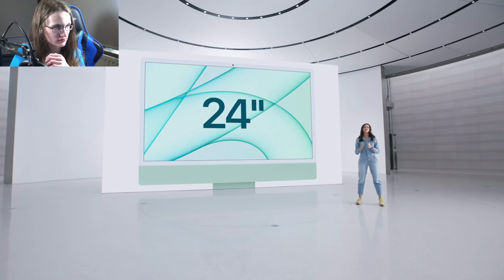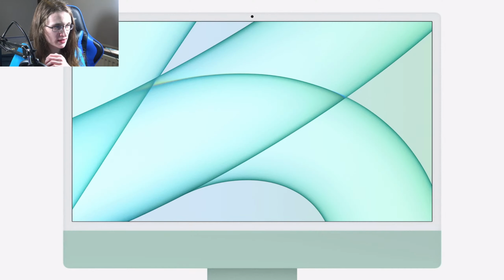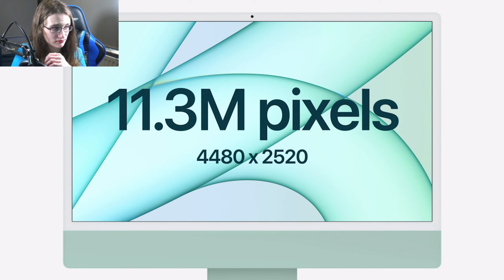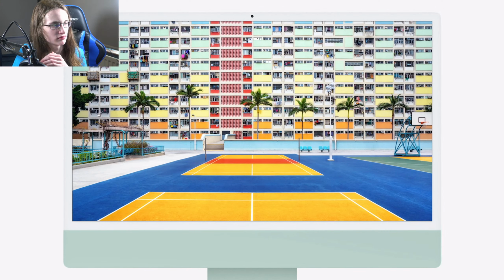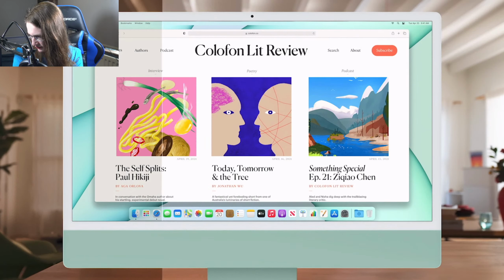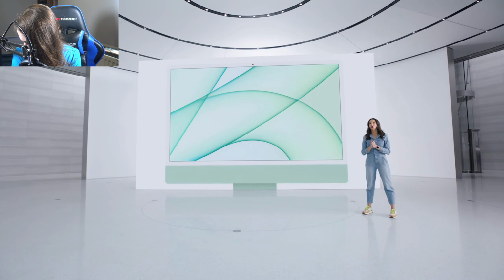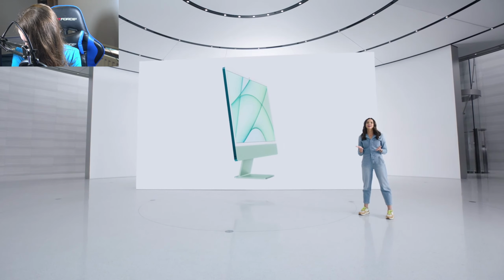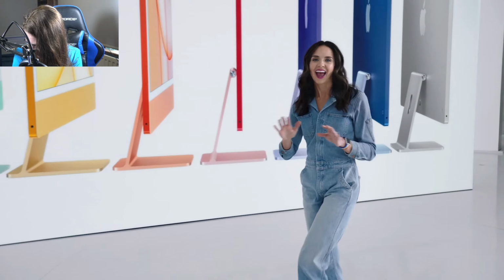By narrowing the borders, we fit the significantly bigger display in a design that's only slightly larger than the 21.5-inch iMac. Those bezels are kind of big, but it has nearly 11.3 million pixels in its 4.5K Retina display, so you can see your content in all its glorious detail. And with a P3 wide gamut and over 1 billion colors, plus 500 nits of brightness, every image is brilliant and vivid. It also has True Tone, which automatically adjusts the color temperature as your environment changes for a more natural viewing experience. And it has a coating with industry-leading low reflectivity for greater comfort and readability. iMac's new design, with its immersive display, is awesome, and we're just getting started. We also pushed every other aspect of the experience